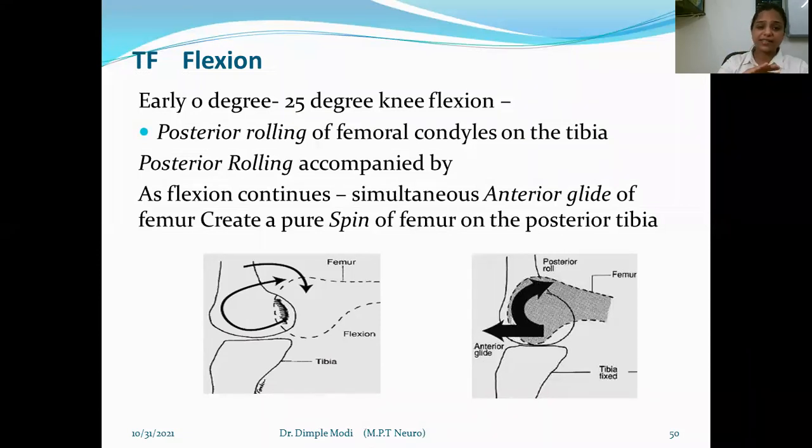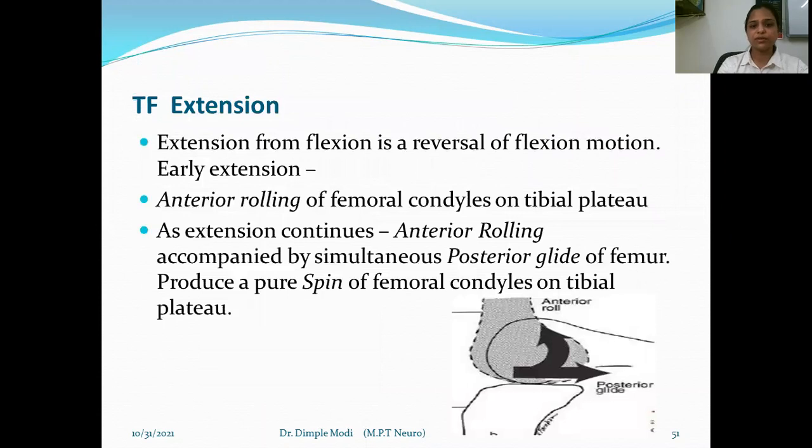This is the case when we are squatting, when the femur is moving and the tibia is fixed. And conversely, when doing knee extension in a high sitting position, the femur is fixed and the tibia is moving. In that case, the tibia rolls and glides posteriorly on the fixed femur, and the anterior roll and glide occur for the movement on the fixed femur. Okay, understood? So, as I already told you, this is tibiofemoral flexion and extension.